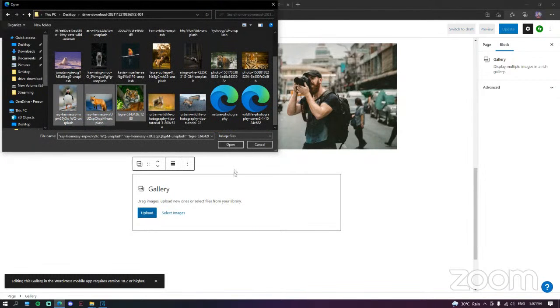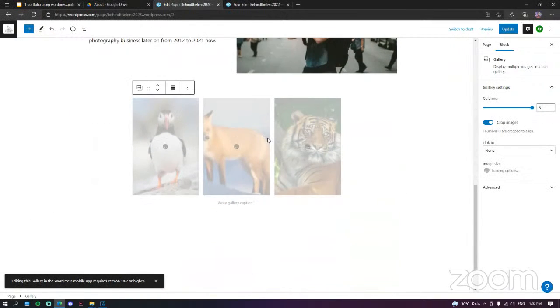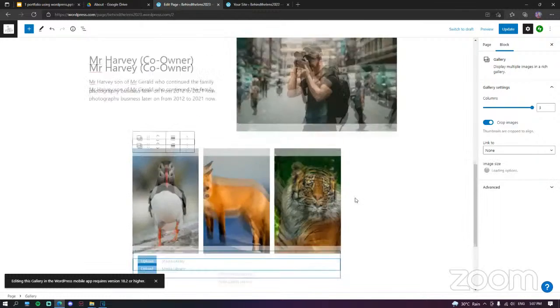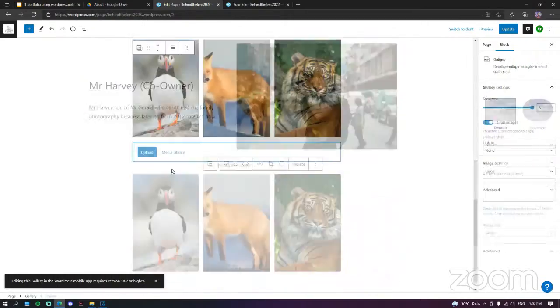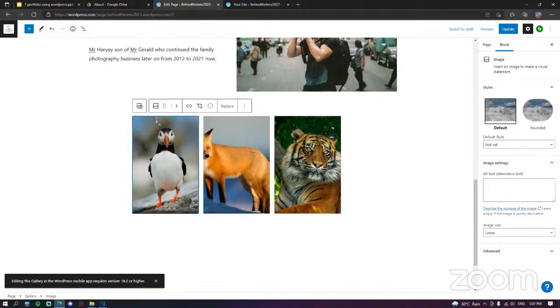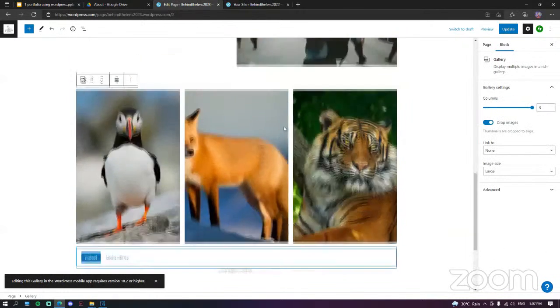So for example, this 3. Okay, so our images has been uploaded. Now let's change the width to wide width